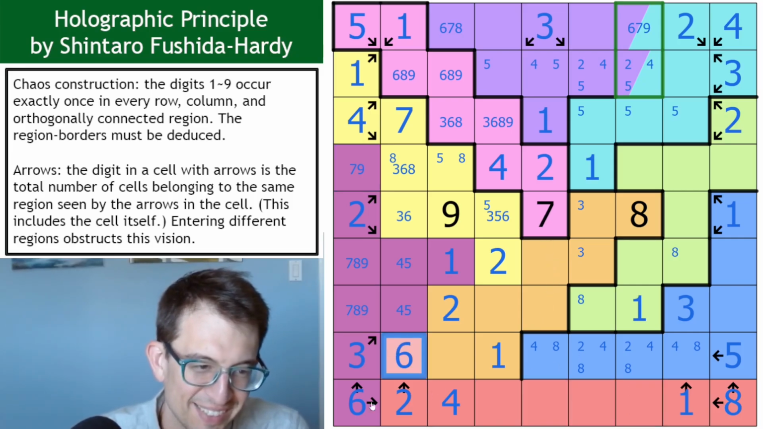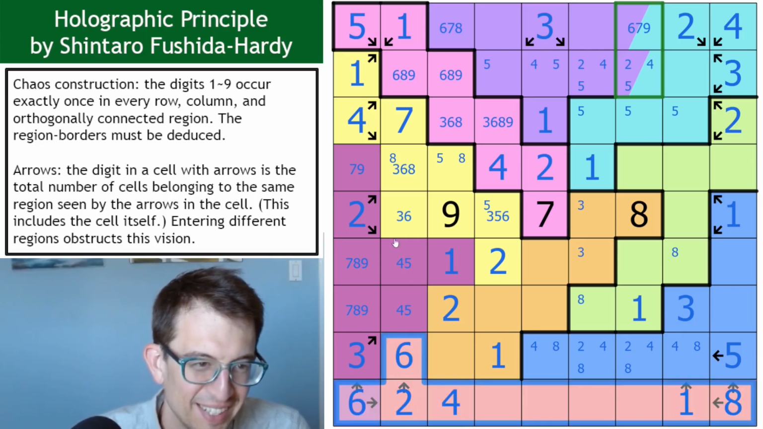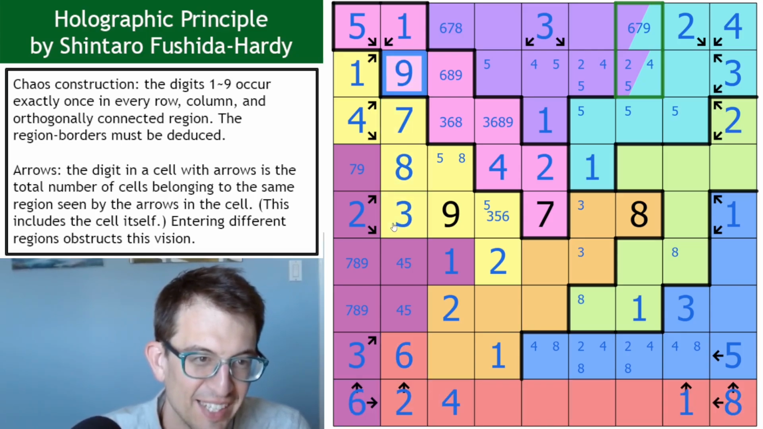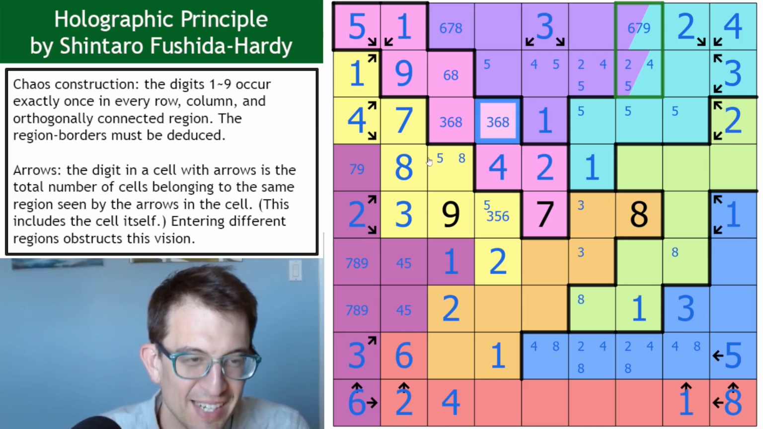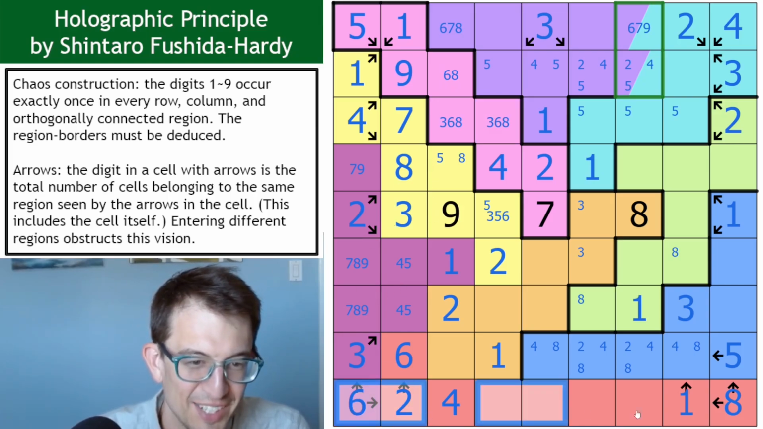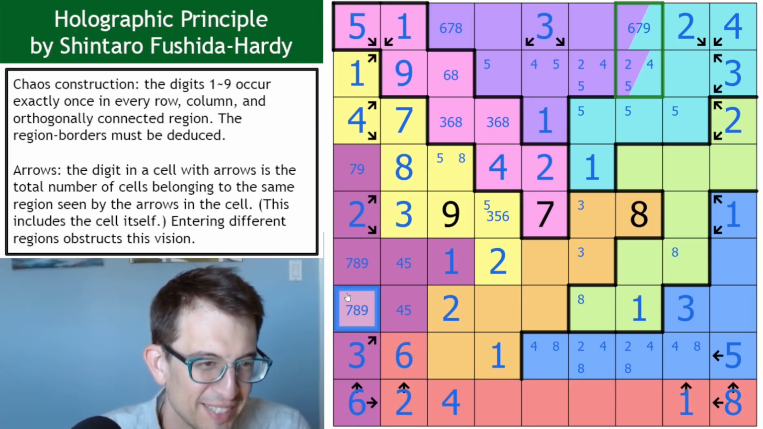This is a 6. It's very obvious. Okay, 3, 6, 8. There we go. That did something. I just had to do the obvious one. Where does 6 go there? And then